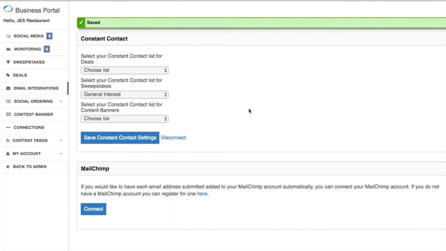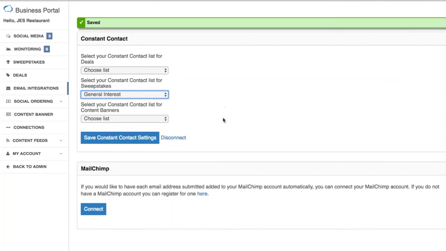That's another way that you can make it easy to manage your email lists and so forth. And of course, you can have your data go into different lists for different things. So if you wanted one for deals, one for sweepstakes, one for your content banners, you can have those all go to different places. I only have one list right now. That's why it's only displaying one, but you could certainly choose different lists or create different lists and select them